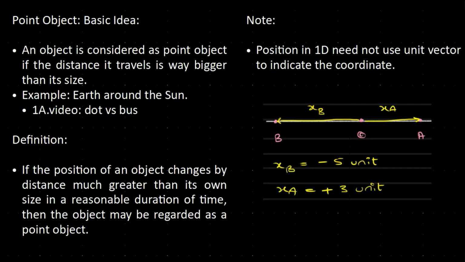We're looking at the idea of a point object. The basic funda is that an object is considered a point object if the distance it travels is way bigger than its size. For example, Earth. Do you think Earth is a point object? Earth is not a point object for me and you, no way. But for the Sun, for a galaxy,